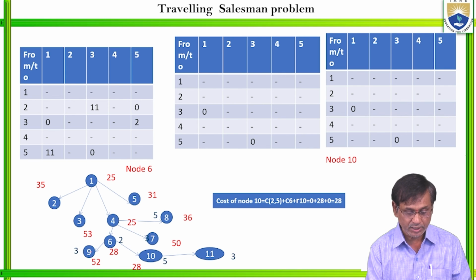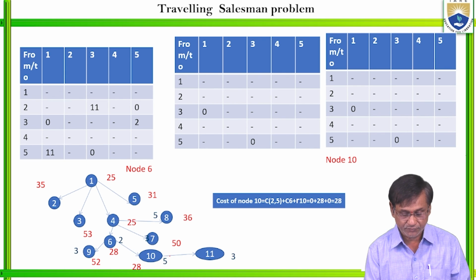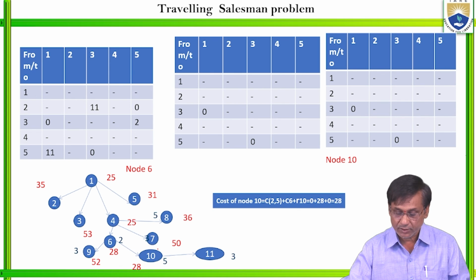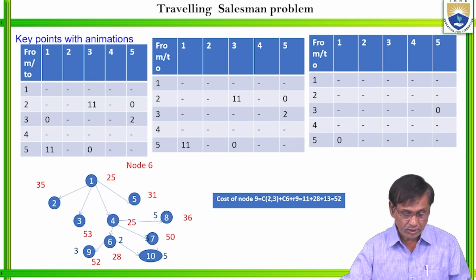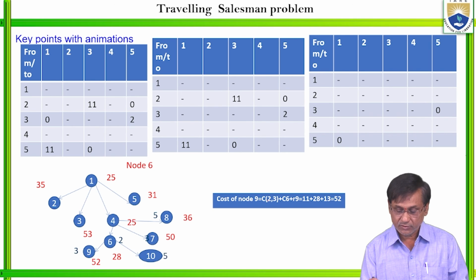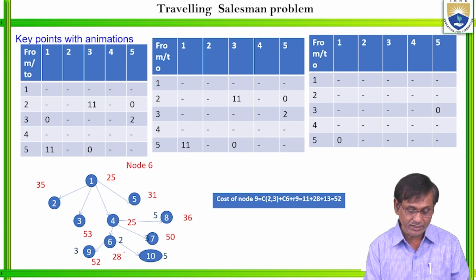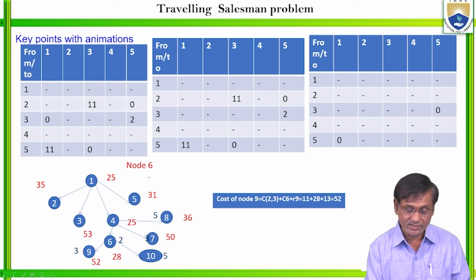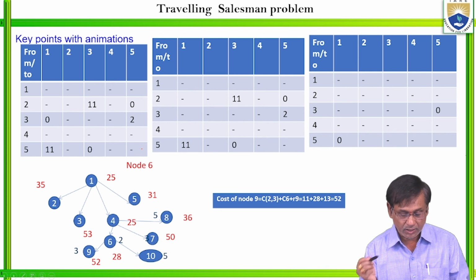Either he can go to city 3 or city 5 based on the costs obtained. So first we have to find out the cost of node 9. The cost of node 9 you can find out by taking the reduced matrix of node 6, and then it has to be modified. How does it have to be